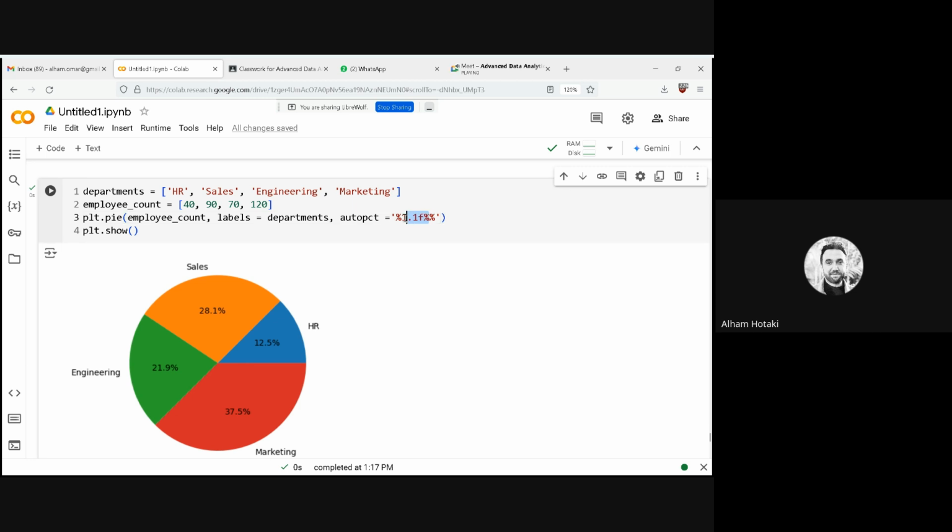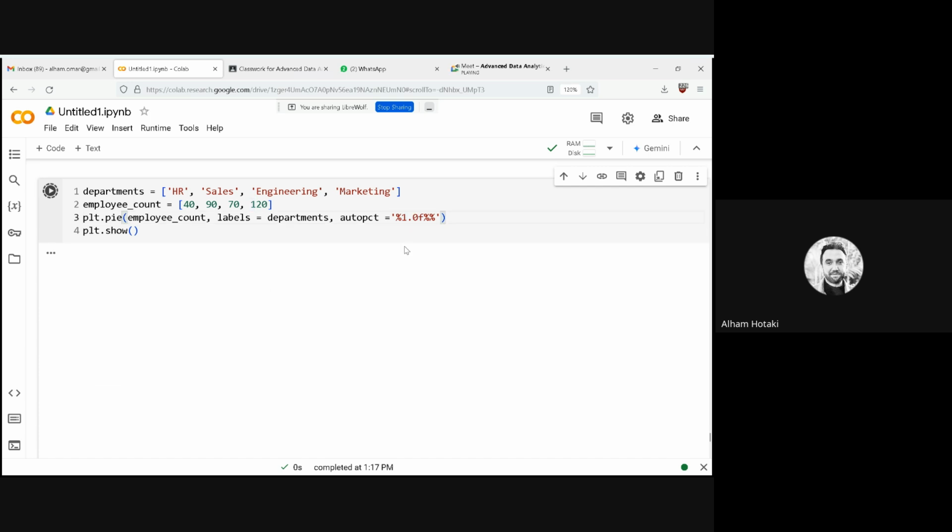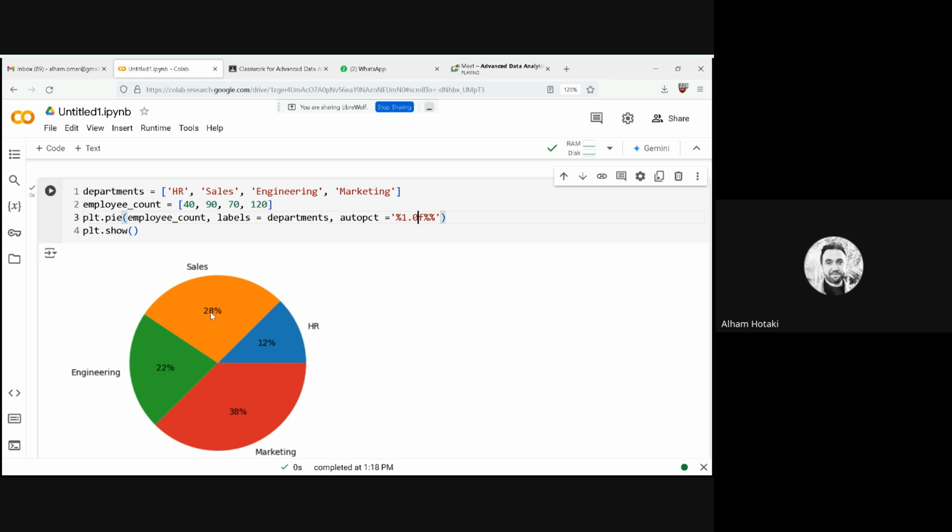This is the way that you have to define the percentage. It shows only one decimal point. Let's assume that this is 0. Yeah, see, this is 0 now. If you put 2 here, it means 2 decimal points. This is the percentage portion. And this additional percentage means showing the percentage at the end of this as well. So this is how you can play with the